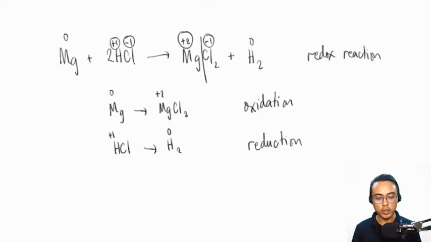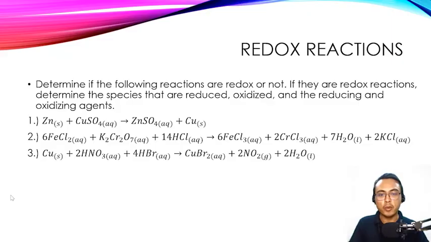Okay, and then oxidation is partnered with the reducing agent. Therefore, magnesium is the reducing agent and HCl is our oxidizing agent. Okay, this is one of the important skills that you have to master in electrochemistry. It's the identification of the oxidation and reduction half reactions and the identification of the reducing and oxidizing agents. The next skill that you have to master is the balancing of redox reactions. But before that, let's solve more examples so that you will be familiarized with how to determine the oxidation states